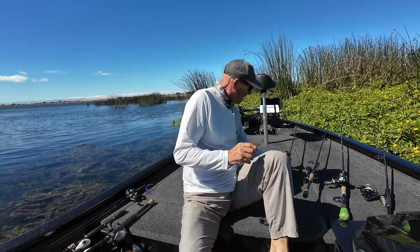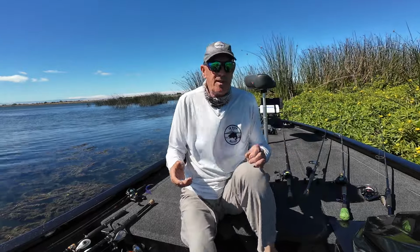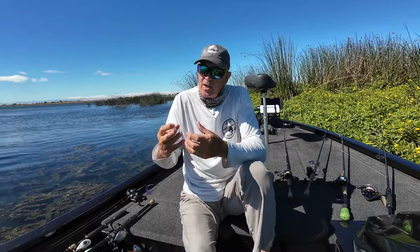Also, a Texas rigged worm, that's another thing, unweighted. You could throw it into some pretty heavy cover, whether it's a foot, 2, maybe 3 feet deep. You can get that thing out there and run it through some cover. Now, after we get out of that